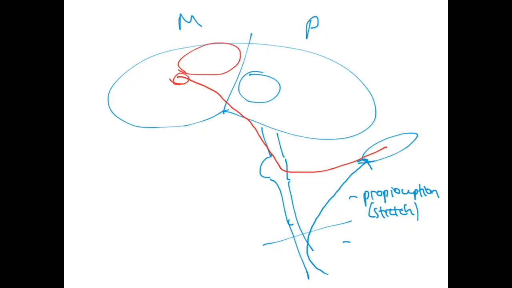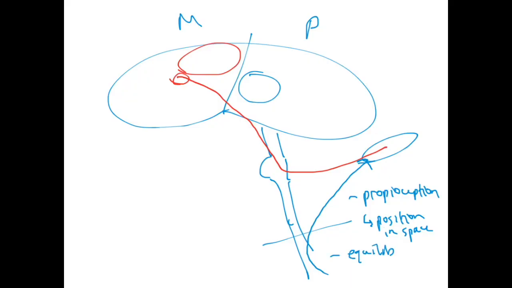And really, instead of stretch, I was saying stretch of ligaments and tendons, but you're still getting signals from your ligaments and tendons and whatnot, but this is position in space. Where you are in space is determined by how much your muscles are stretched and all that kind of stuff. So proprioception,